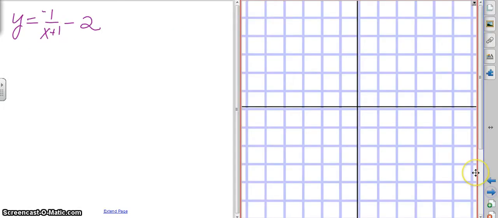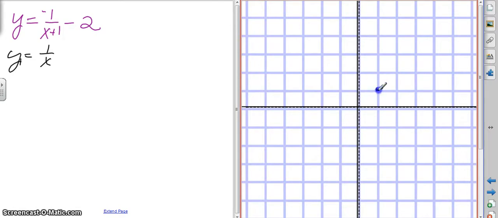What I want to do is start with the parent function. The parent function of this graph would be y is equal to 1 over x, which is a hyperbola. The hyperbola has got two asymptotes, one on the x-axis, which is y is equal to 0, and one on the y-axis, which is x is equal to 0. If I plot a couple of points,